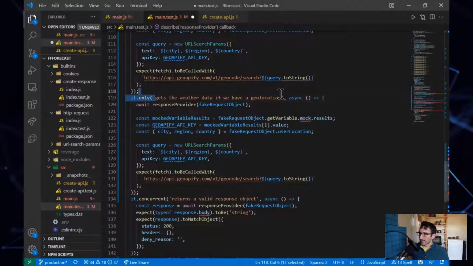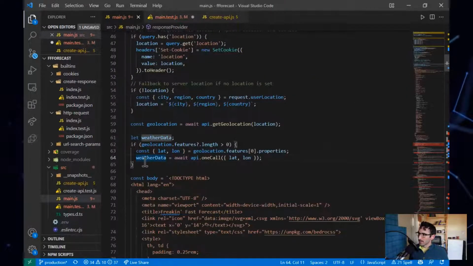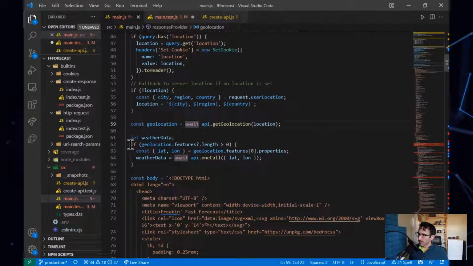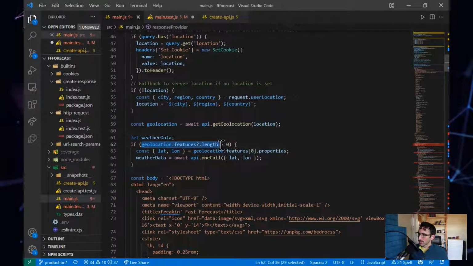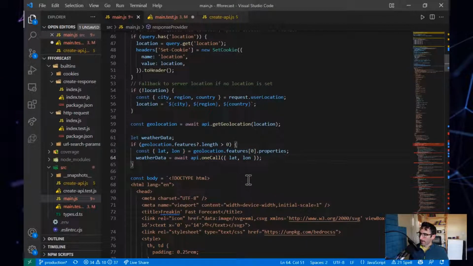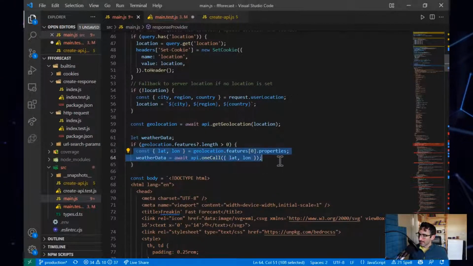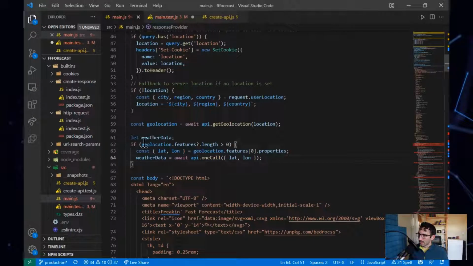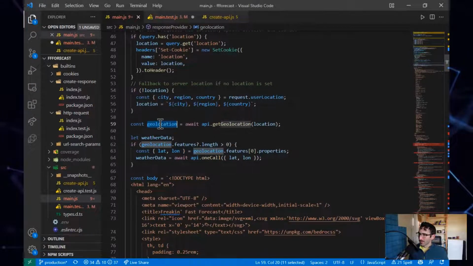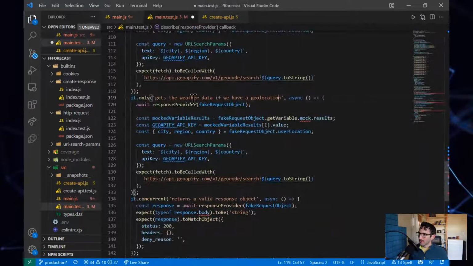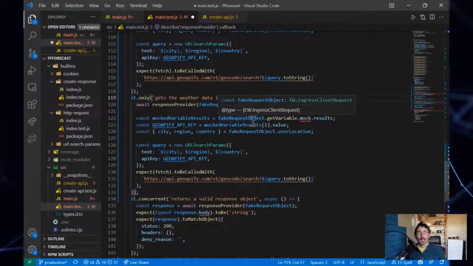That is like the theory of this test. So if we have, let's see, basically we're testing this block here. If we have some geolocation data, then we want to grab that information. And in order to test this now, we need this information. So in order to get this information, we need to do some